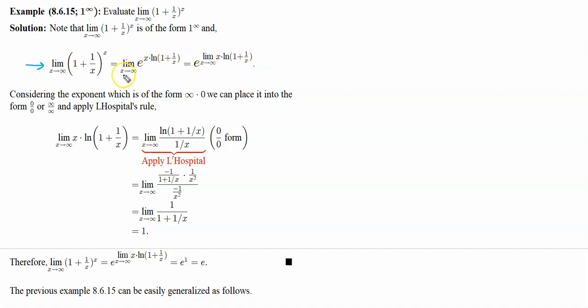Now to see how we get this right here, just take note that e to the natural log of any value is x, right? Okay, so recall that. So what that means is we can write this quantity right here as